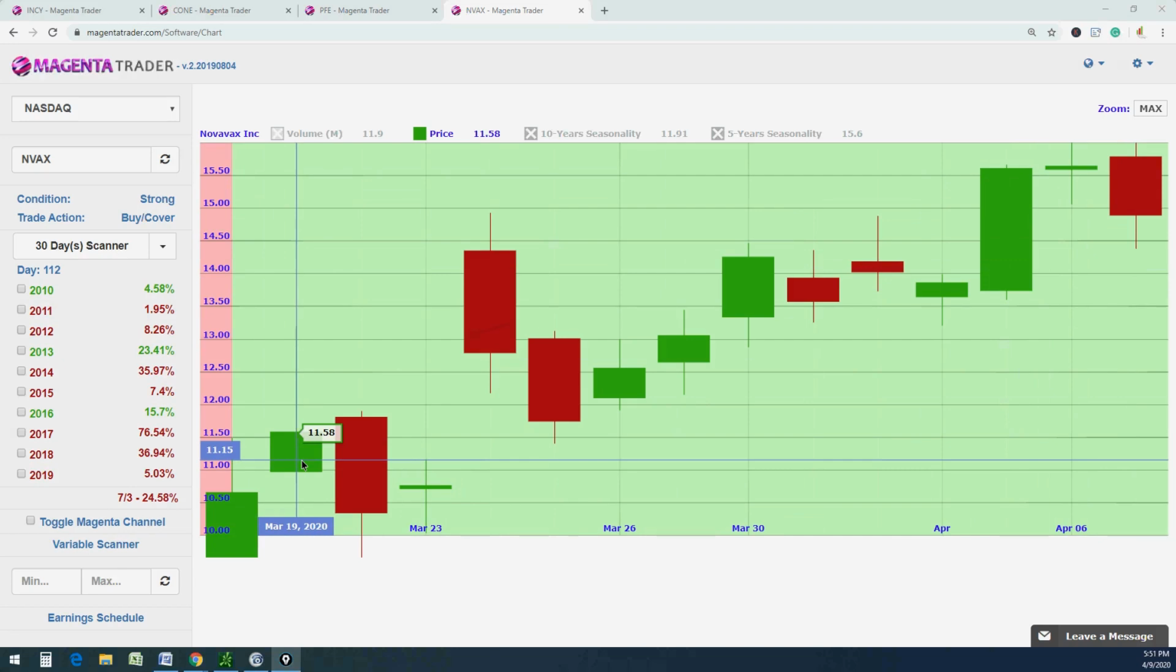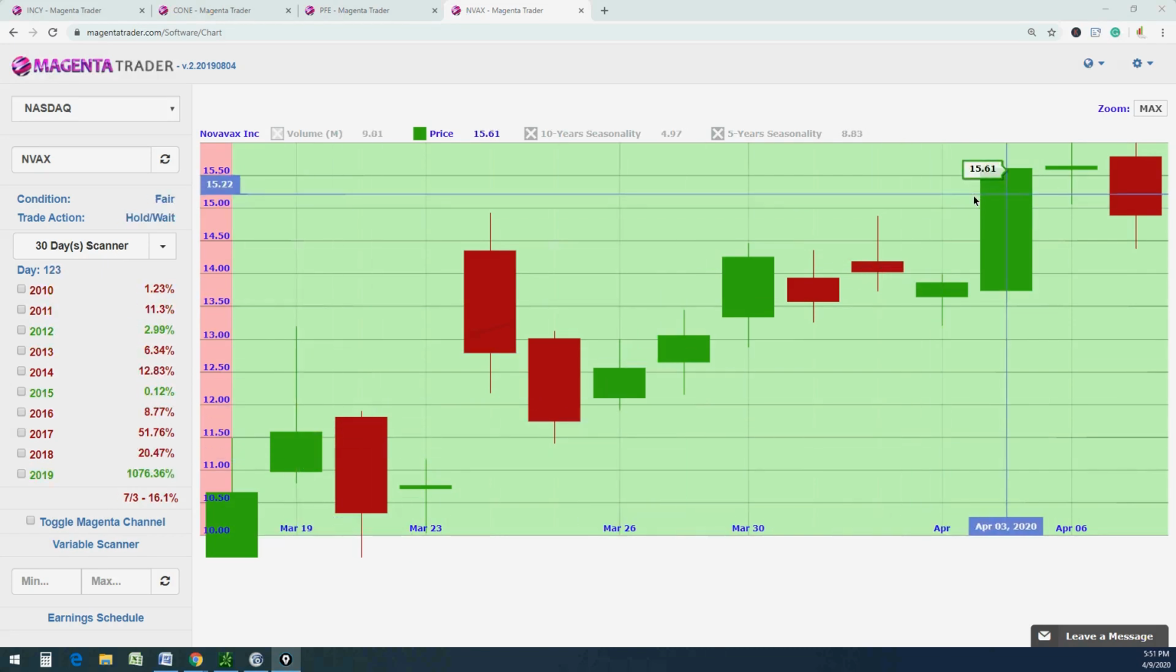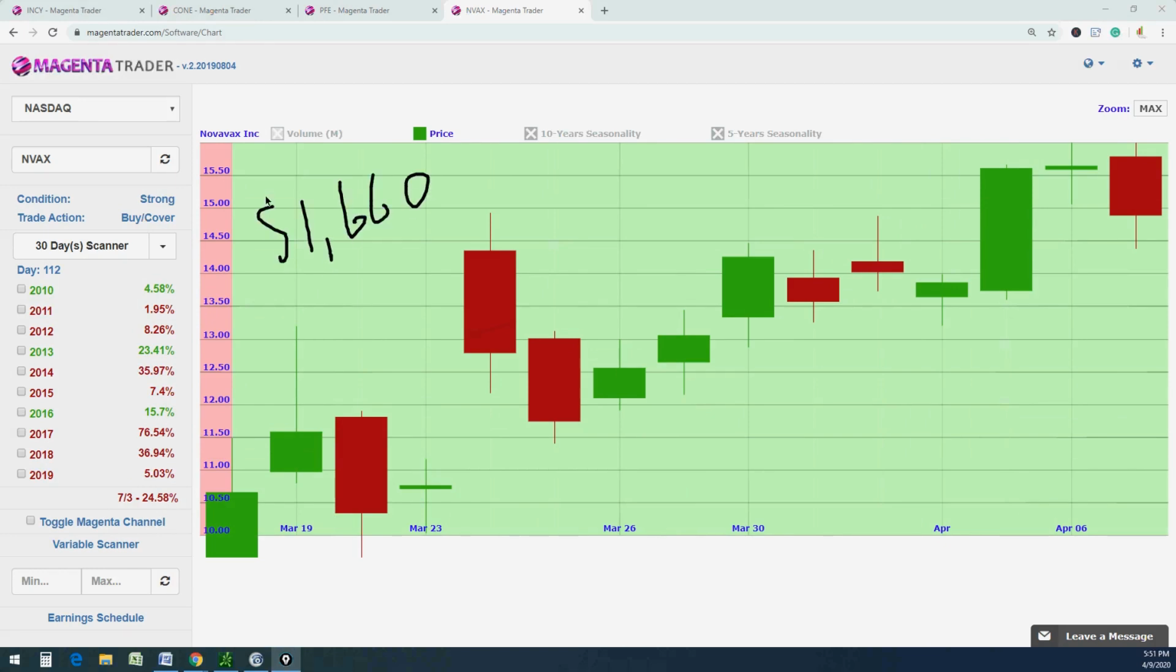$11.58. 500 shares of this stock at $11.58 would have seen about two and a half weeks later a profit of about $1,660. In this whole corona-filled volatile market, being able to navigate volatile markets by understanding what technical analysis is saying can really help. Now, ladies and gentlemen, this is not a recommendation to buy, sell, or hold anything, but